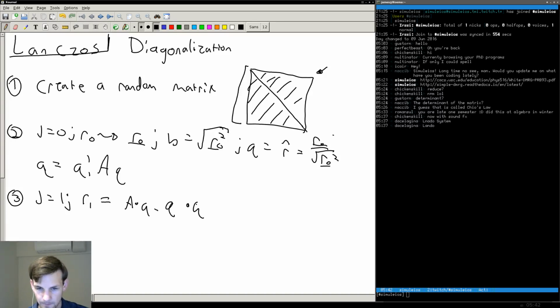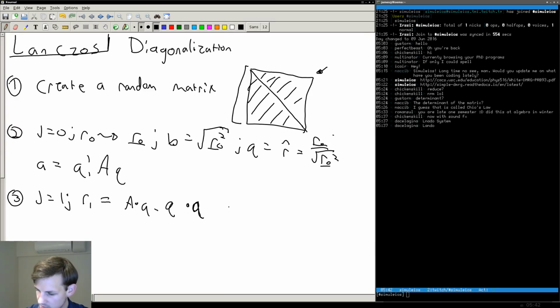Dot q. Okay, and the idea is we keep generating these r values, these b values, and q, and this is an a. So r, b, and q, and recalculate a over and over and over again until eventually we get to the point, which I think is usually we only get to j equals 2 or j equals 3,